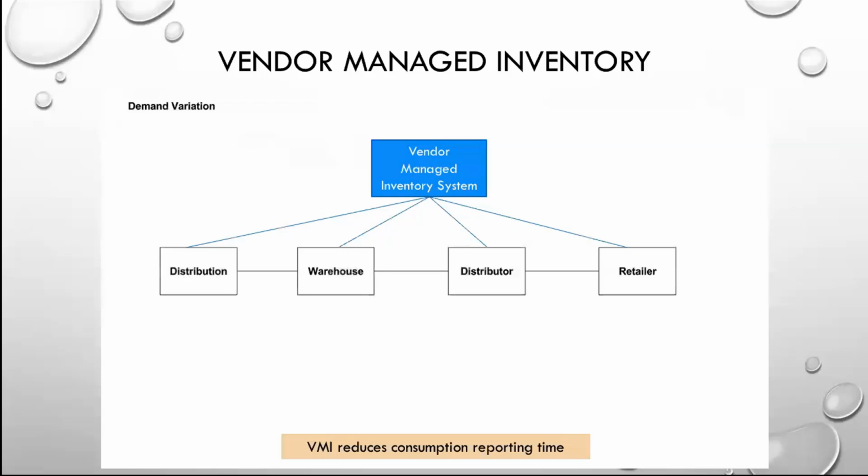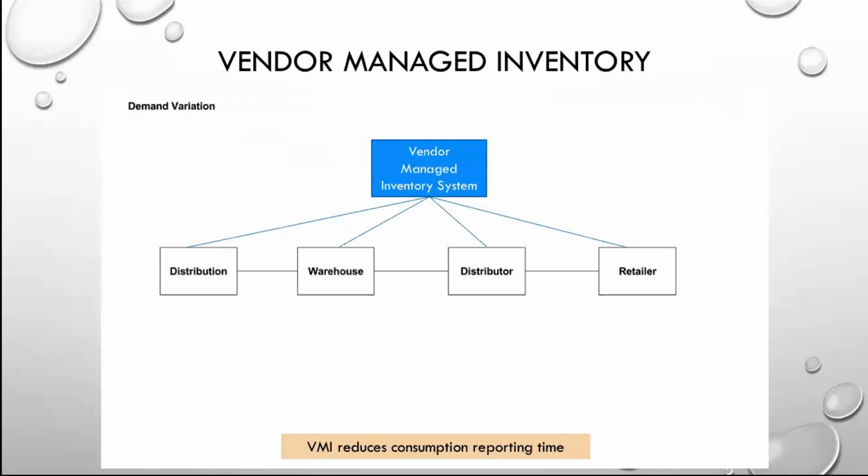One of the problems in a normal supply chain is that the feedback gets delayed the more people are in the middle of the feedback chain. If you have to get information from the retailer to manufacturing, in a traditional system, it has to go from the retailer to the distributor to the warehouse to the manufacturer. Each of these has bias because each person can change it to fit their own needs. They may do a little bit of panic buying, quote unquote. We're going to talk about this a little bit more in the bullwhip effect as we go in, think like week 8. So just keep that in mind.